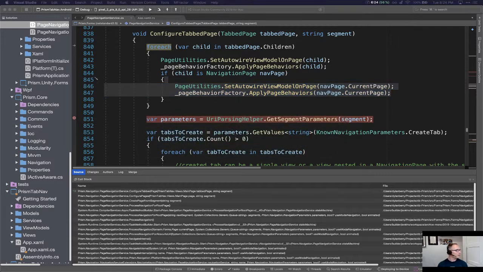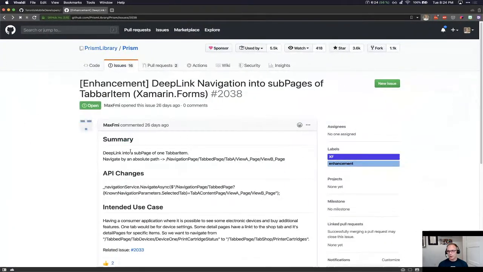satisfy this open feature request, if I can find the window. There's an enhancement request here: deep link navigation into subpages of tab bar item. And this is what we're going to try and implement. So we're going through the navigation service to get a good understanding of how it works, and we're going to see what we can do about actually handling that all in one shot rather than breaking it into 2